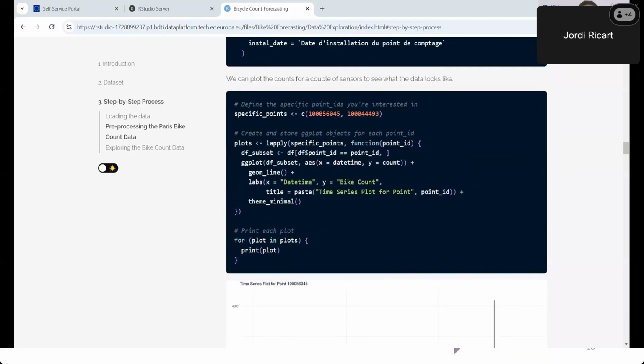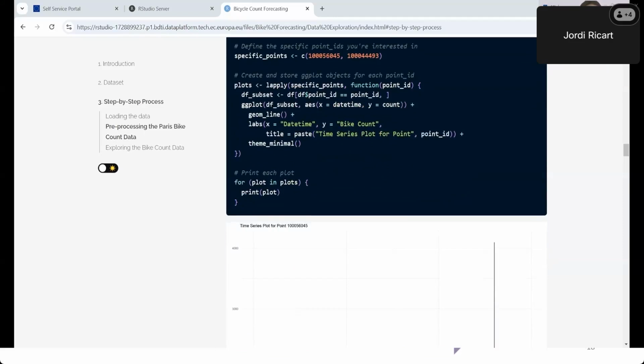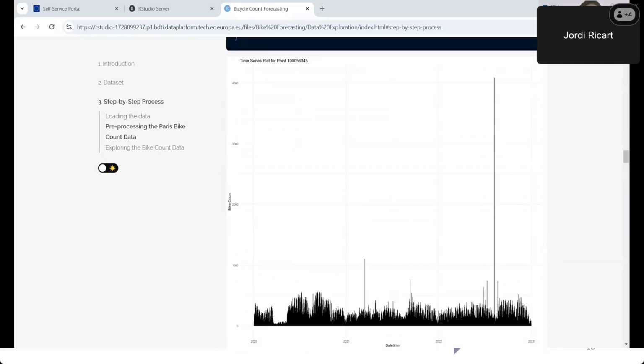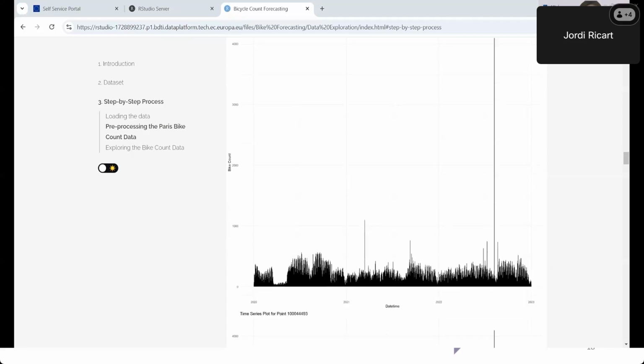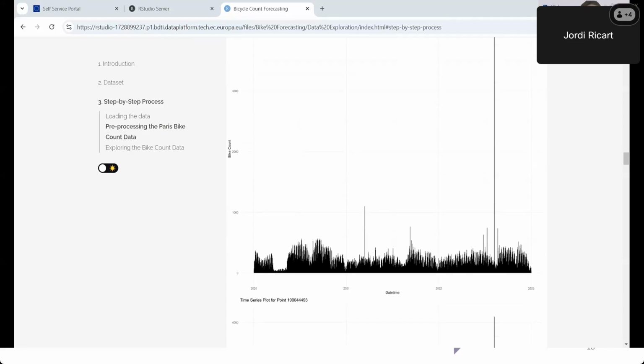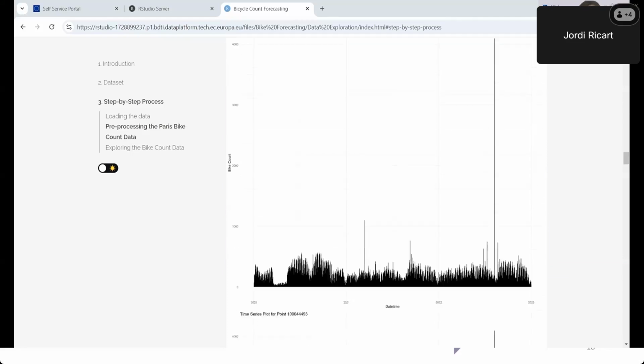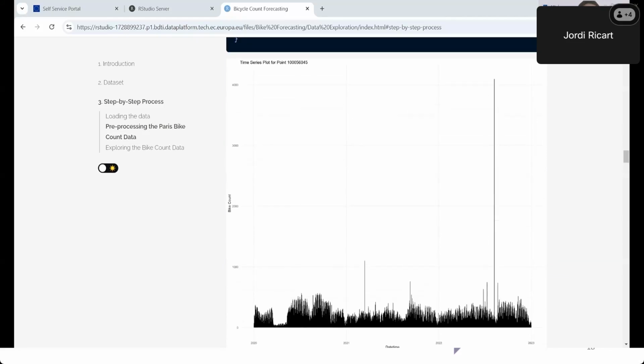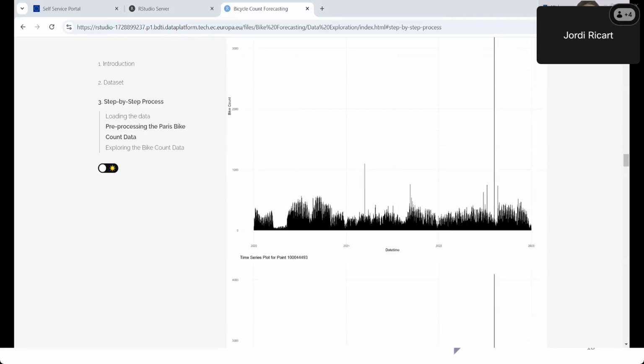And just to have a look at how this data actually looks, we can do a plot. So we can just select a couple of sensors and see what the data looks like. This is what is done here. And then the result of running this is this plot of this ID of counters. So we see the data over time, 2020, 2021, etc. We may already see from this plot that there's probably an outlier here and some strange period here.